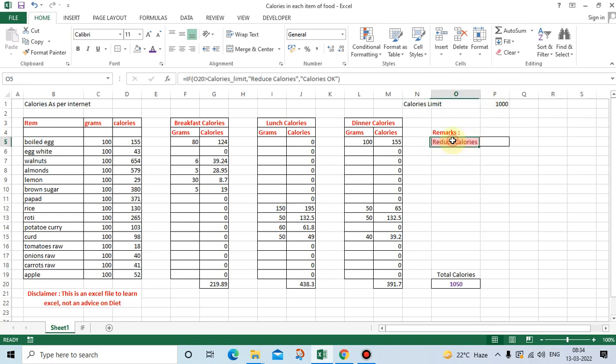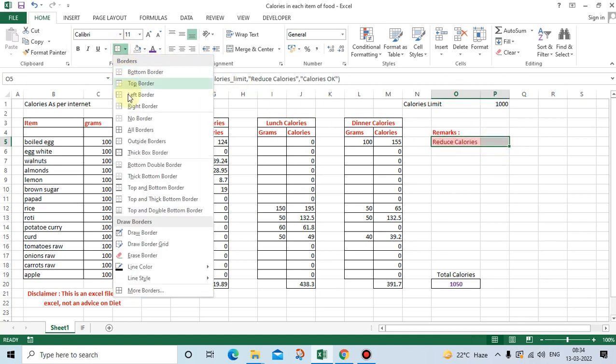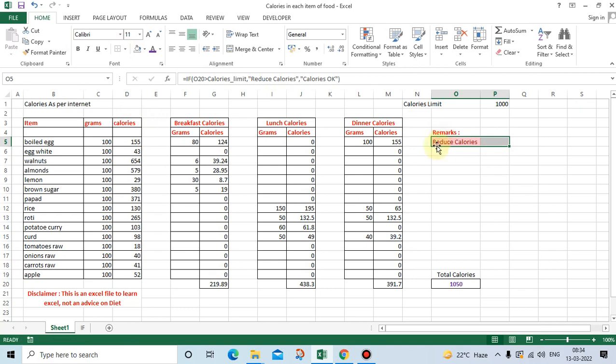It's good if I take it like this. No border only for this. So if I reduce it below 1000, green color. If the limit is crossed,